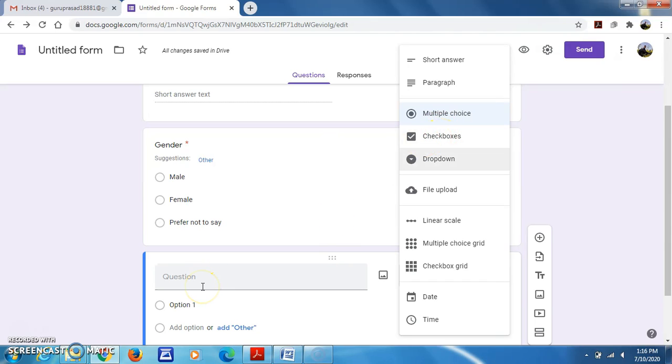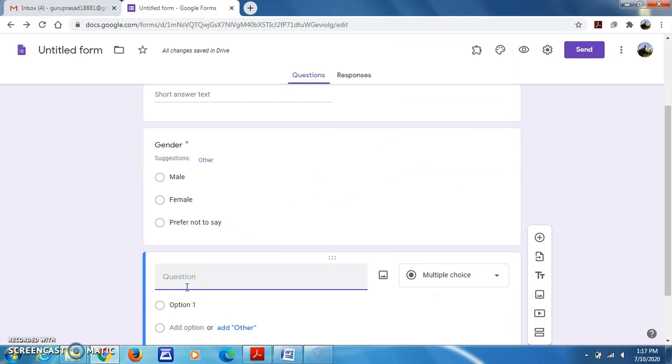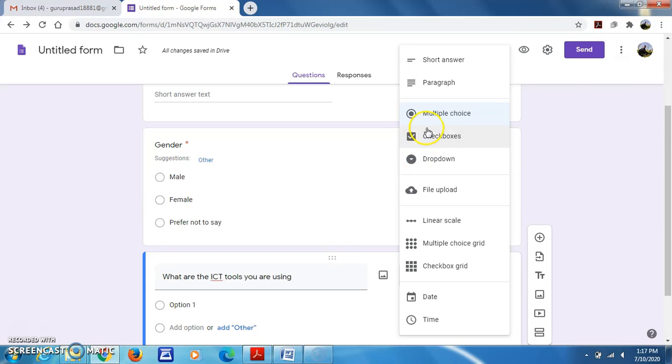For example, where I can use checkboxes: what are the ICT tools you are using? Here you can give more than one answer.